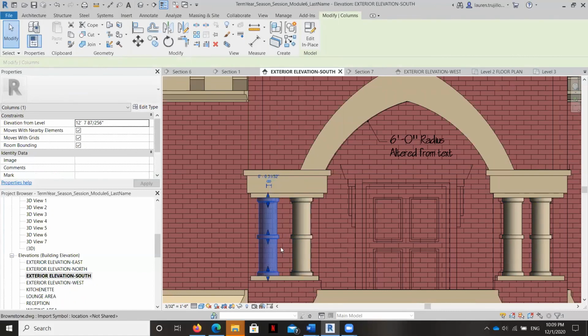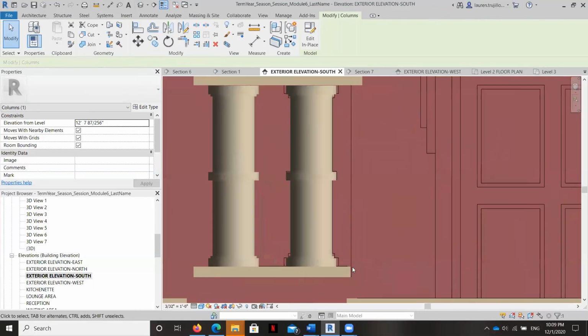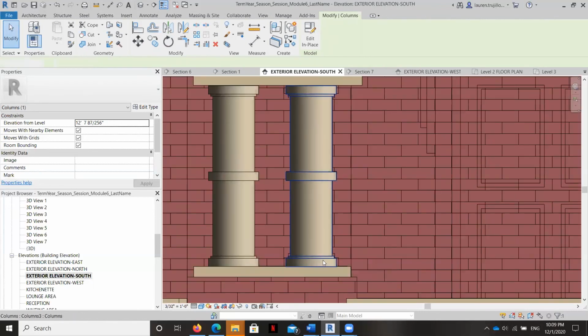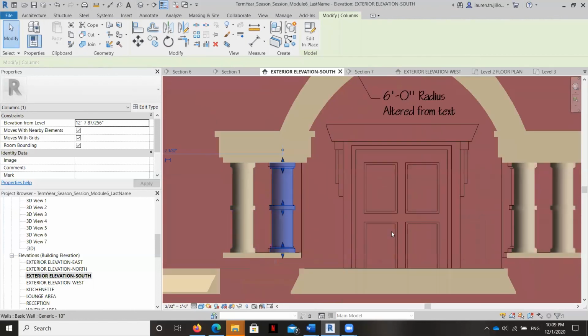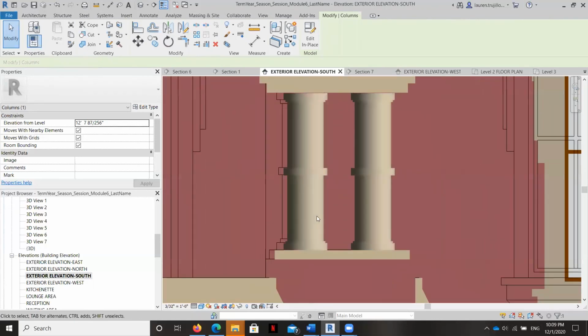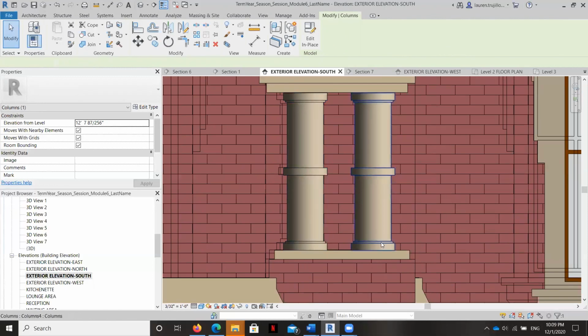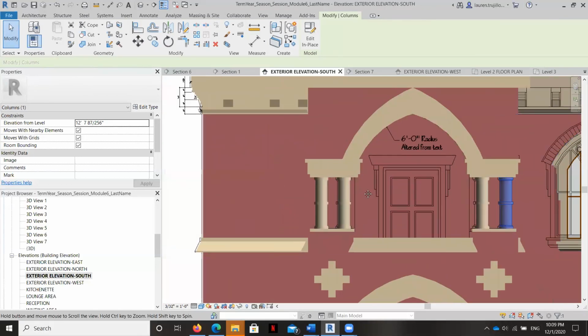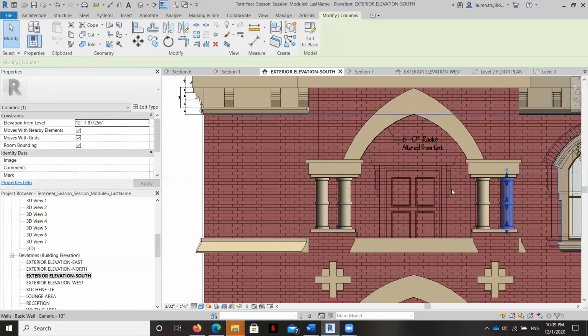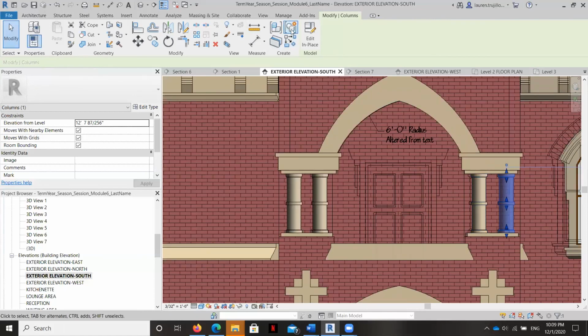One, two, three. Okay, so there's our paired columns in a travertine finish, looking good.